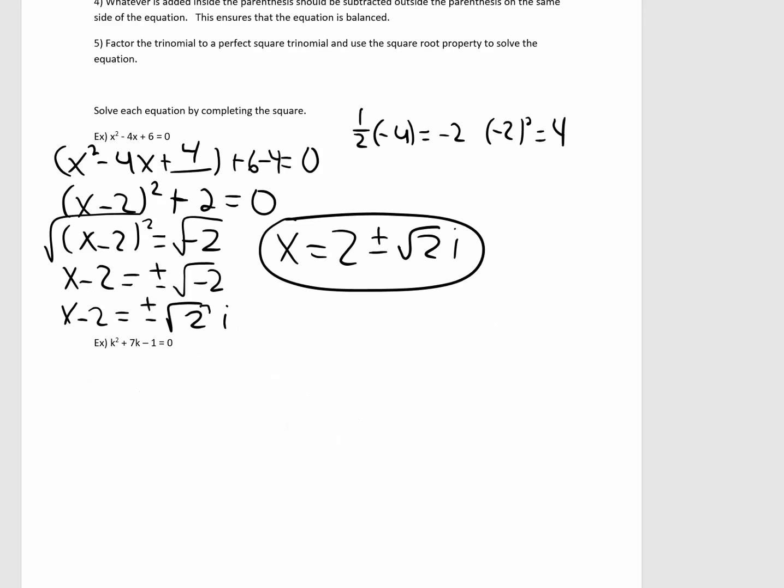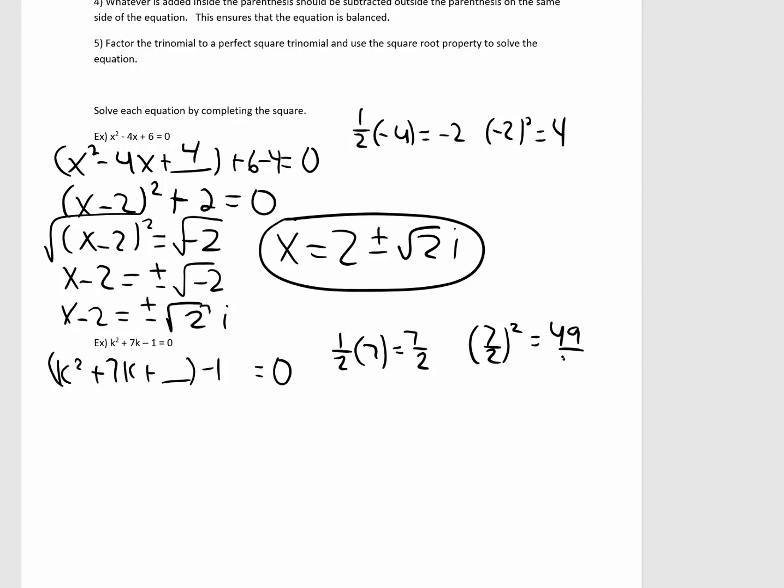Okay, let's do the next example. Now again, notice the leading coefficient is a 1, so I don't need to divide anything out. So let's write it in the form. All right, so let's complete the square. Half of 7, that's 7 halves. And 7 halves squared is 49/4. So I'm going to add 49/4, and I'm going to subtract